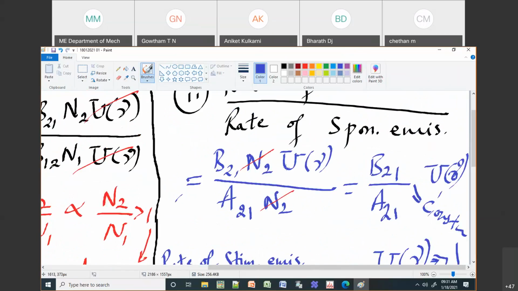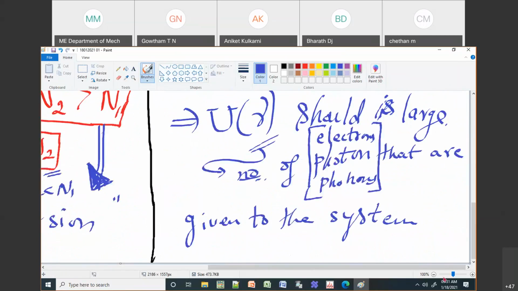We are going to use these in the later part of the discussions. Up to here, this is your Einstein theory. Whatever we studied up to here is all about the Einstein theory, which is the theoretical part. Next we will shift to the actual experimental part, which is how to build a laser, what the requirements of a laser are, and so on.